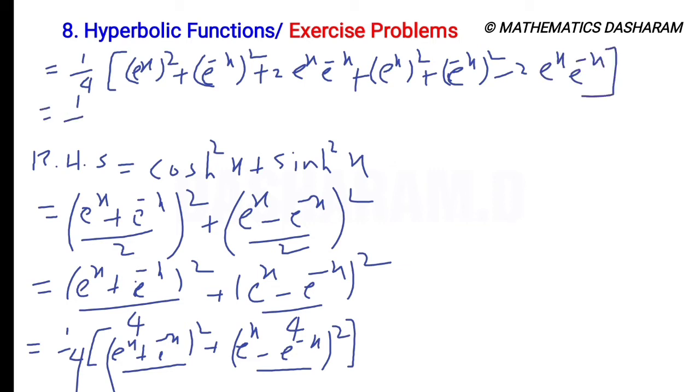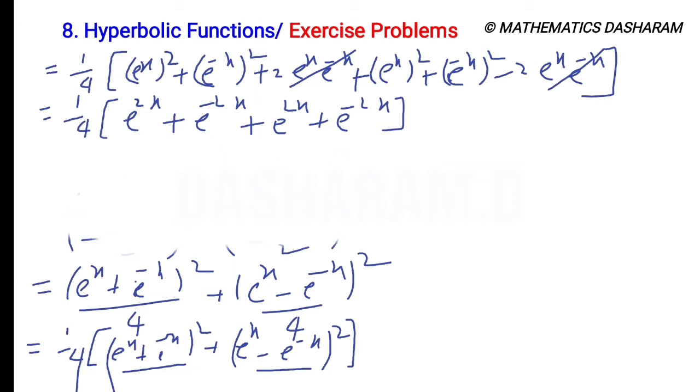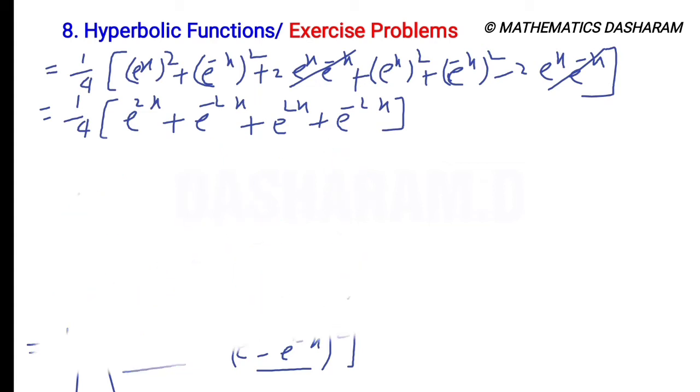So it is equal to 1 by 4 bracket of here plus 2 into e to the power of x, e to the power of minus x, and here minus, both are cancelled. So then e to the power of 2x plus e to the power of minus 2x plus e to the power of 2x plus e to the power of minus 2x. So now here e to the power of 2x is repeated 2 times. So then